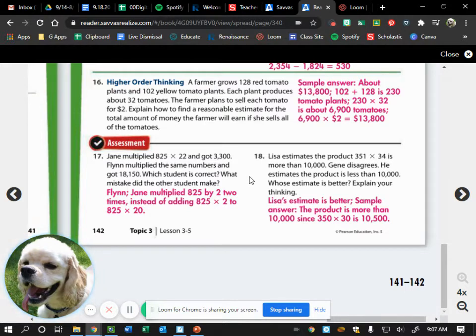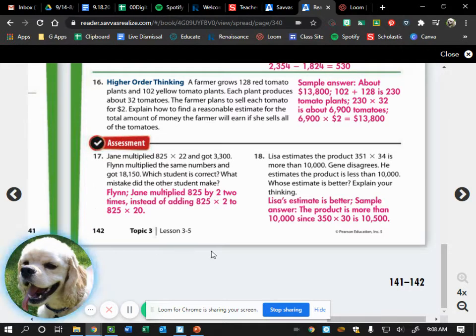So I think what most of you did to find your answer for 17 is you actually went and multiplied 825 times 22 to first see, okay, who got it right. When you multiply them, you do get 18,150. So Flynn was correct. And so